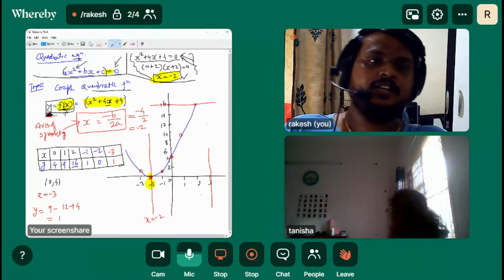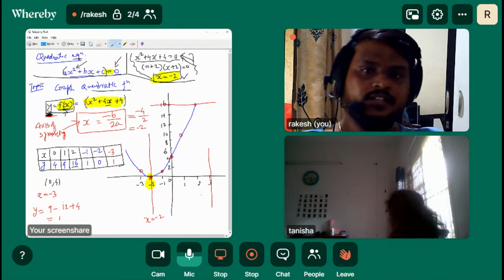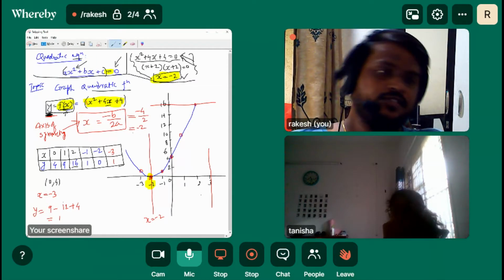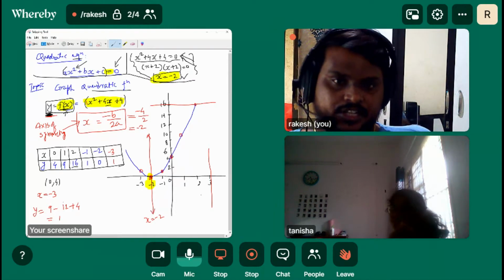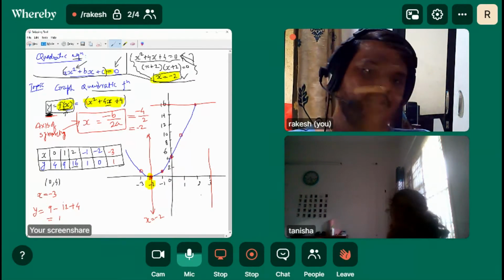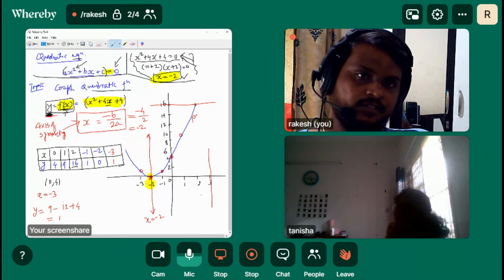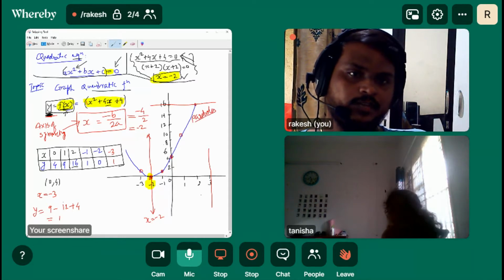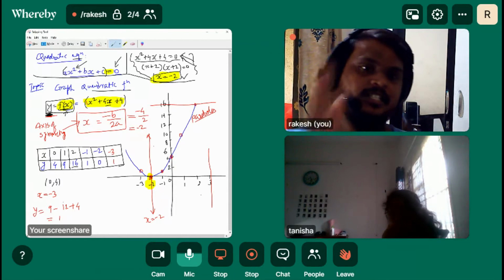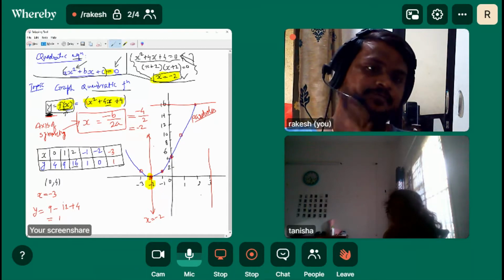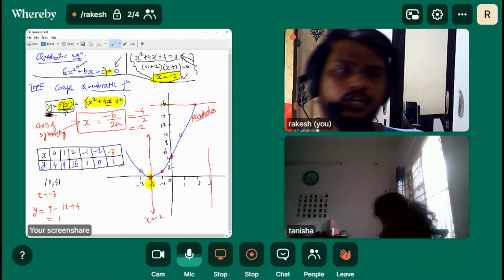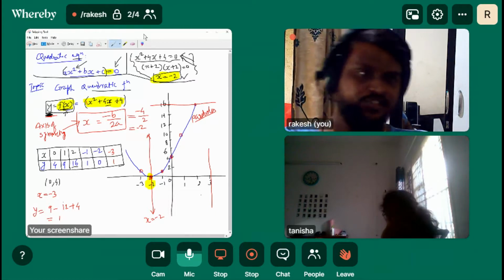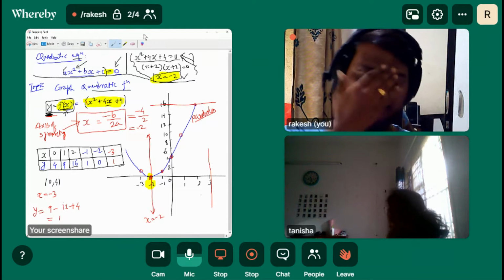So basically we can draw any line if we have such an equation, x is equal to minus 2, anything like that. So this is your axis of symmetry, right? Axis of symmetry means this parabola. Actually, this is the graph of a parabola. The quadratic equation will always give you a graph of a parabola. So this parabola is symmetric about this line. Now you just take this picture. I'll come to your example, what you have given.